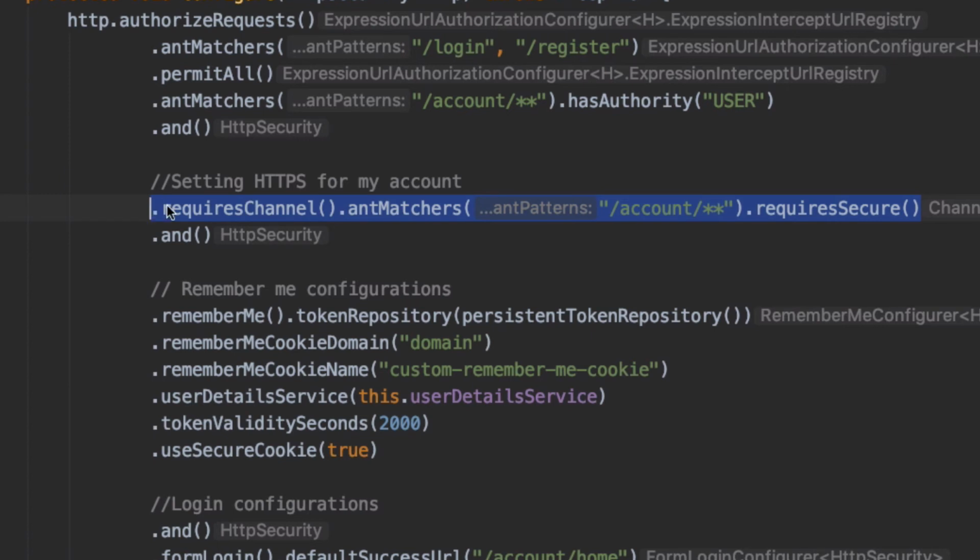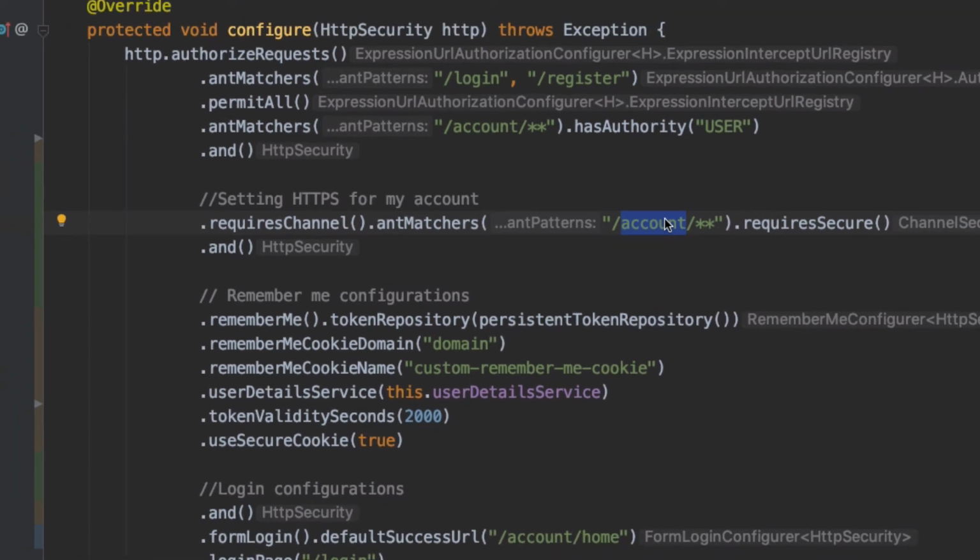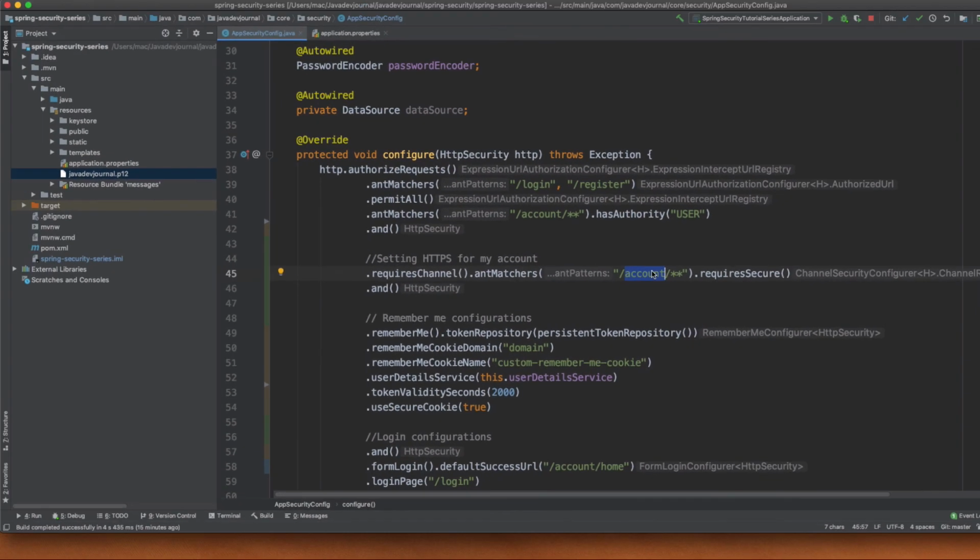So if any request goes to account, or account slash my details, account slash update password, something like that, Spring Security will automatically make sure the communication uses the HTTPS channel.